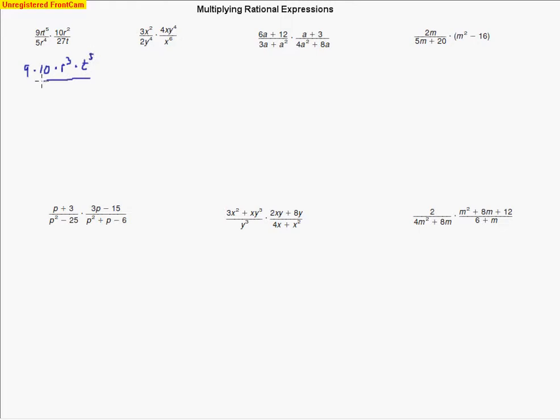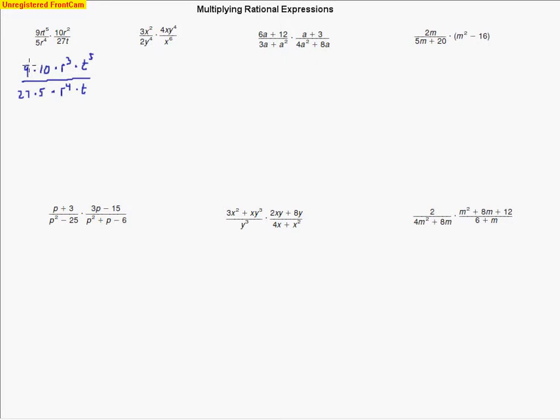Now down below, do the same sort of thing. Take the 5 and the 27 and bring those next to each other. Now I see that 9 goes into 27, so that's why I wrote the 27 underneath the 9 and the 5 underneath the 10. Now count up the r's. Looks like only 4 r's, and then we have the 1 t. And so notice I just used that commutative property, left some space between the terms, and I go ahead and